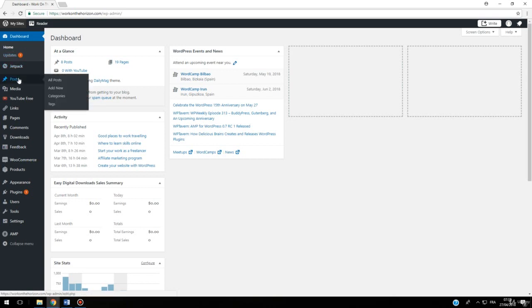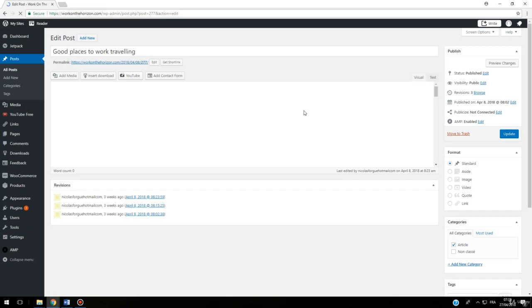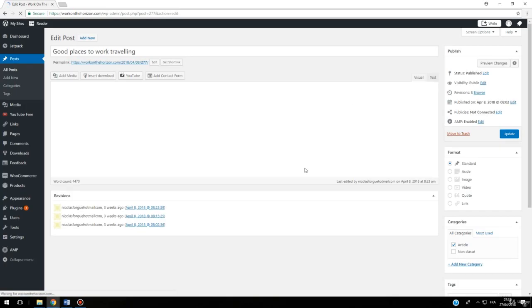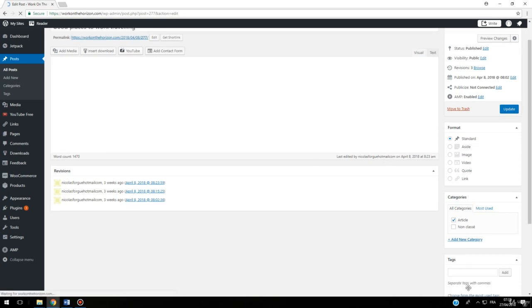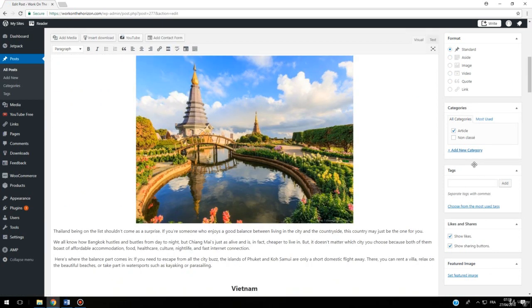So I'm going, for example, to go on the post to show you. Here I have an article, good place to work traveling. I go on edit. And on edit, what can we see on the right? We have tags at this level on the right, and we can add different words, separate tags with commas,